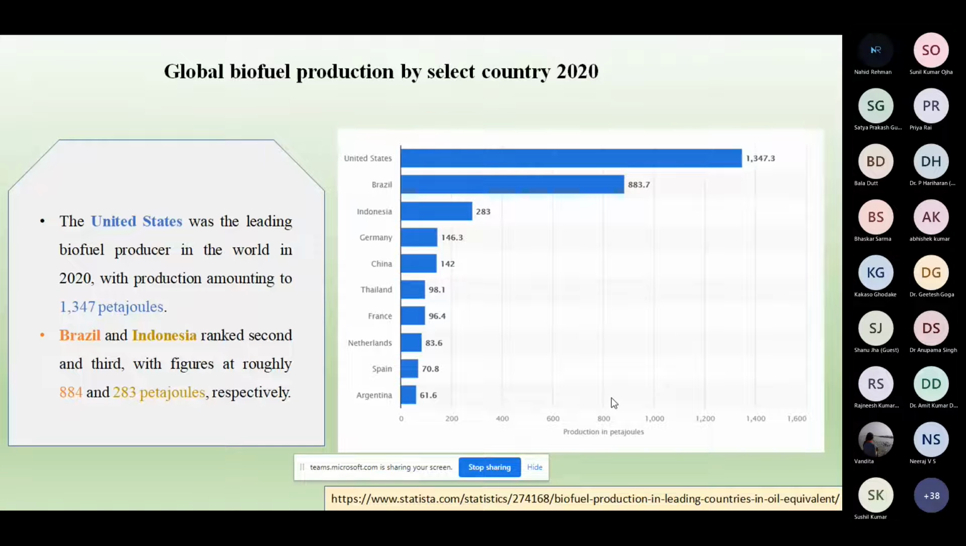Similarly, the US is the leading biofuel producer in the world in 2020, with production amounting to 1347 petajoules, and Brazil and Indonesia ranked second and third. Now you know that